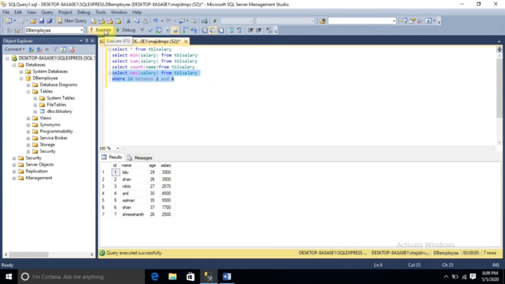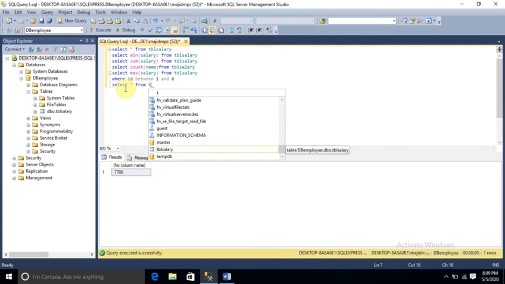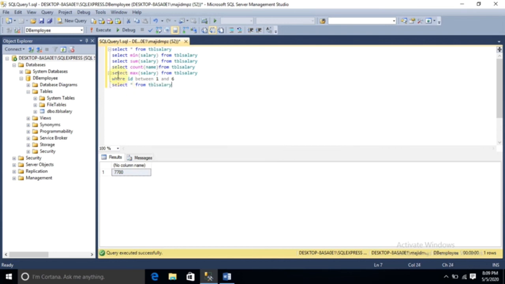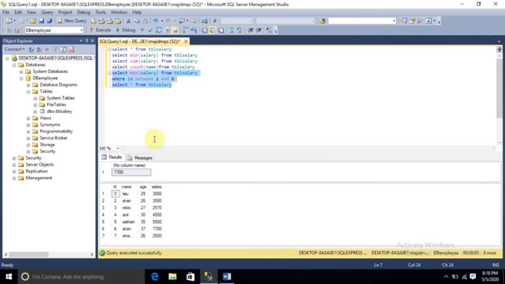Okay guys, now you can see: select max of salary from TBL salary where ID between 1 and 6. Also I am going to execute select star from TBL salary. I am going to execute these two queries. Now you can see this is our table. In total we have 7 rows. But what was our where condition?